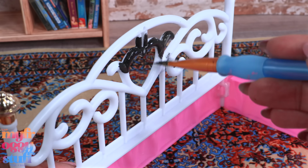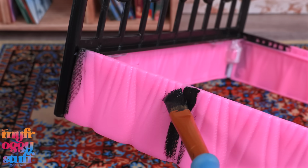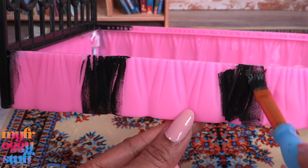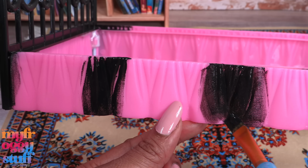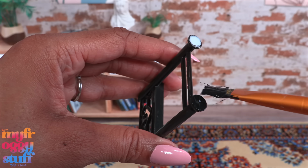I'm just going to paint everything black. And when I say everything, I mean everything. I'm painting the plastic dust ruffle black because I think once we're done and add more bedding, it won't really even be noticeable. While waiting for that coat to dry, I paint the